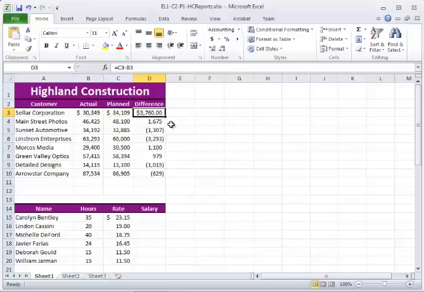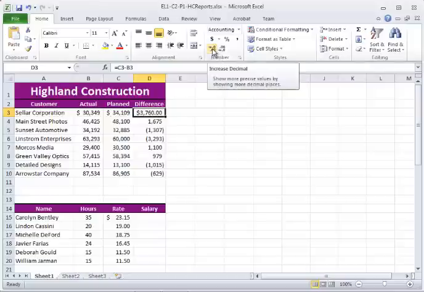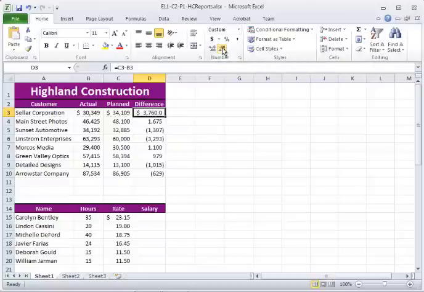It's kind of silly to show pennies, or 10 cents or 20 cents, because that will distract or make this table a little harder to read. So eliminate the decimal places. You can use increase decimal or decrease decimal. So we are going to decrease the decimal places. Click once and twice, and then it removes the